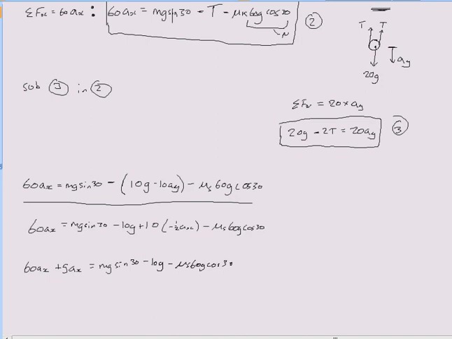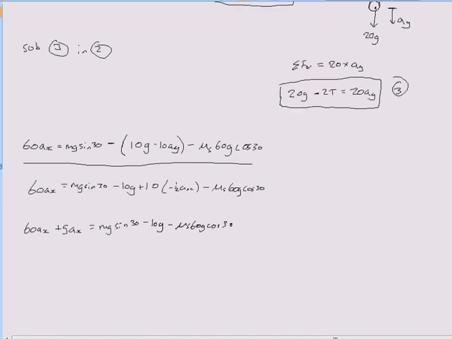I'm going to do this in one step: 60 ax plus 5 ax is 65 ax. I'm going to divide all this by 65, and I'm going to be left with ax